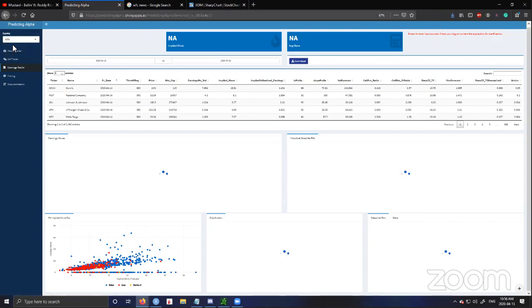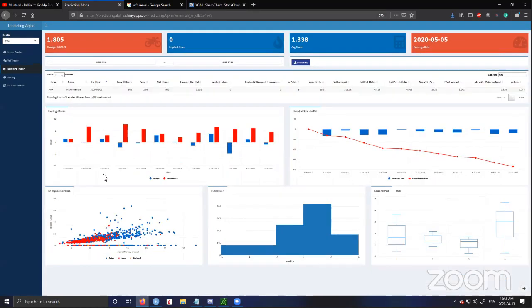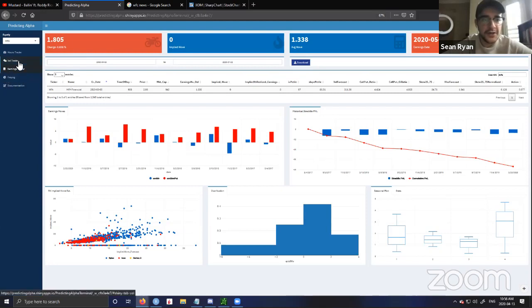Okay, so what's going on here? What kind of stock is this? MFA. Let's pull this up here and see what we got. Okay, it looks like it's a financial company. They've got earnings not confirmed. You want to take a look at the vol trader. This may not be an earnings trade.